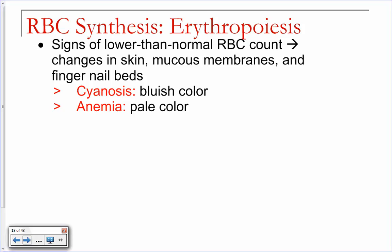Okay, you can also have what's called cyanosis, which is you don't have enough oxygen because you may have a low red blood cell count, and you can actually tell this also on a person by looking at their nails. Okay? If you look at their nails they will look blue, okay, because they don't have blood flow properly to their nails. Yeah, and even the mucous membranes may look slightly bluish. Okay, so if you look at their nails, they look blue because they have a low red blood cell count and they're not getting the oxygen that they need. Okay, so that's bad. So anemia is a pale color and cyanosis is the blue color. Cyanosis,